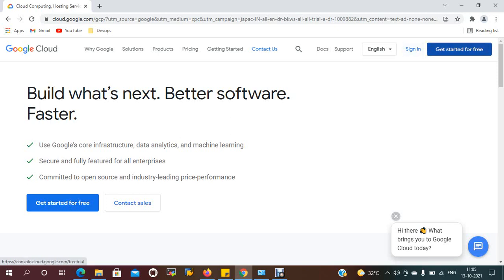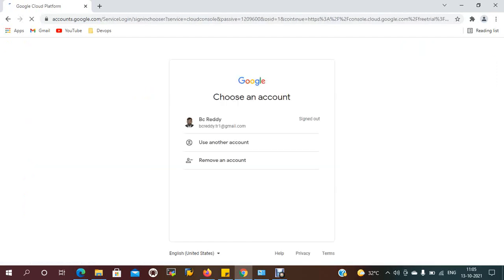So I just created an account, and I'm showing it. These are my details. You need to create an account with a Gmail ID and password. Once your mail ID and password are provided, you just need to provide your address, and it will ask you for credit card details. You just need to provide them.